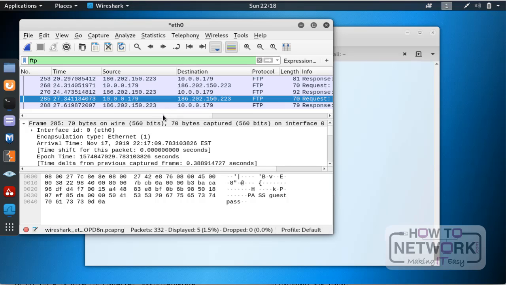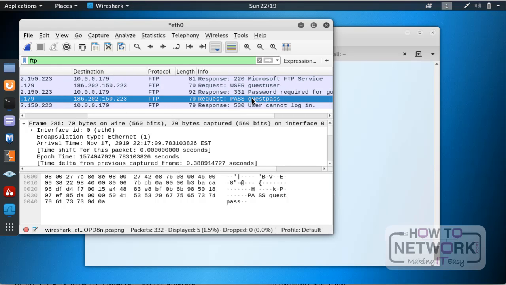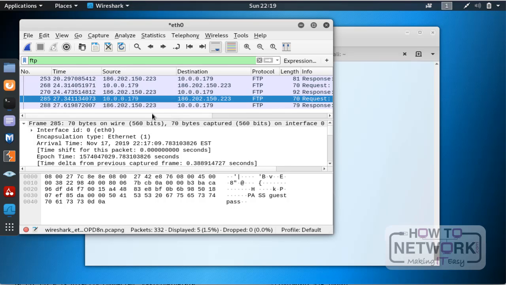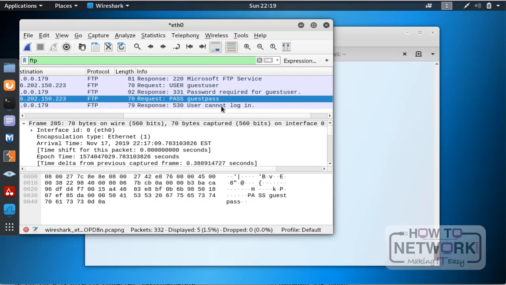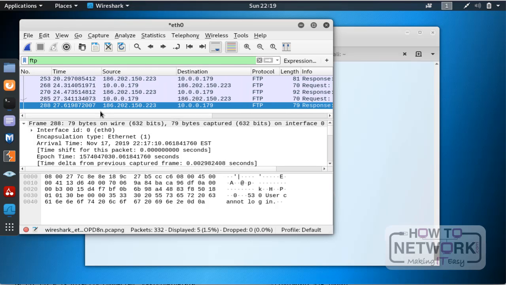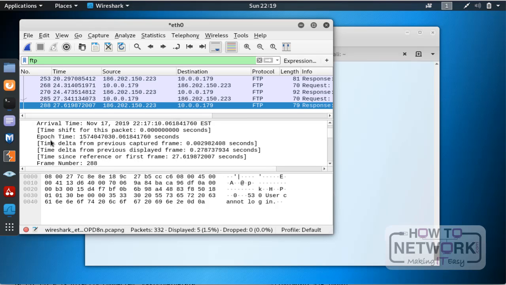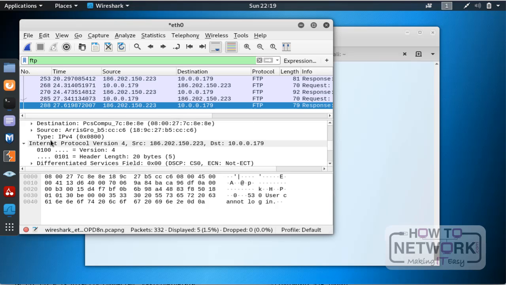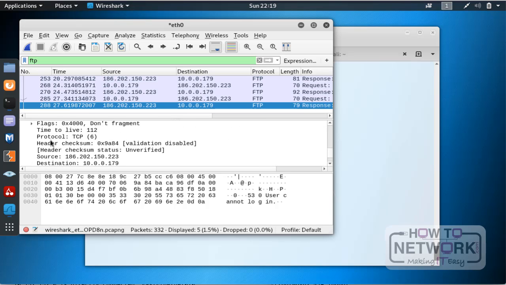Then I respond with guest pass. That's the password that I tried. And the FTP server replied with user cannot log in. So this is a scenario where you can ARP spoof to capture traffic. Now, once again, you can always go down here and analyze those